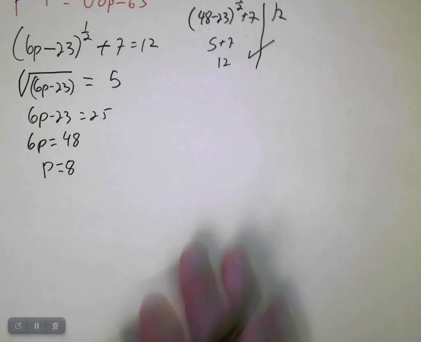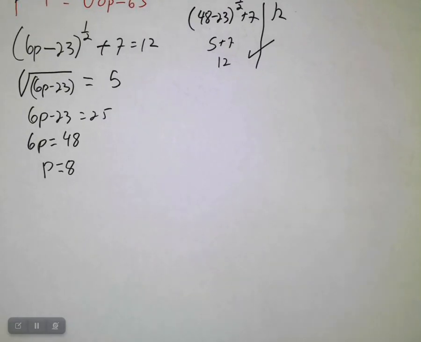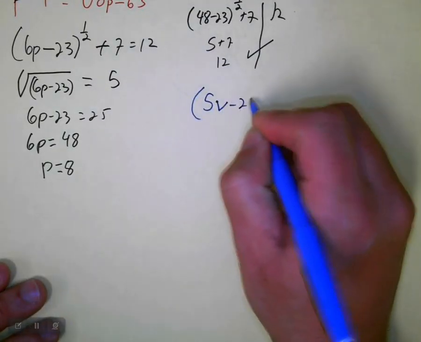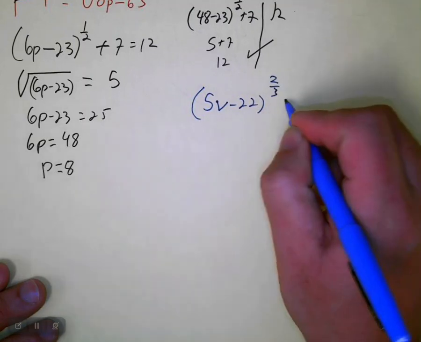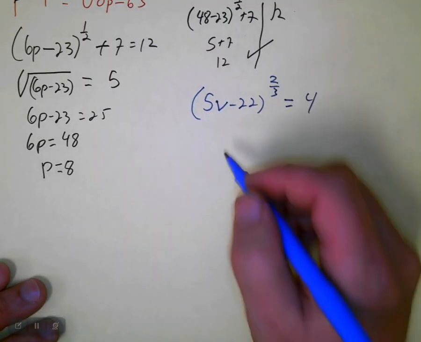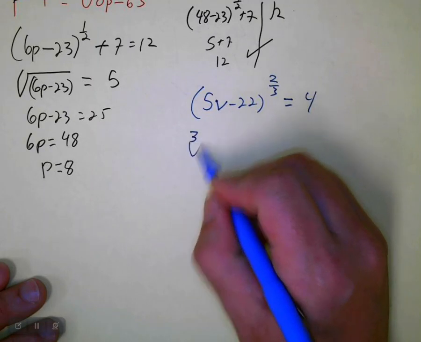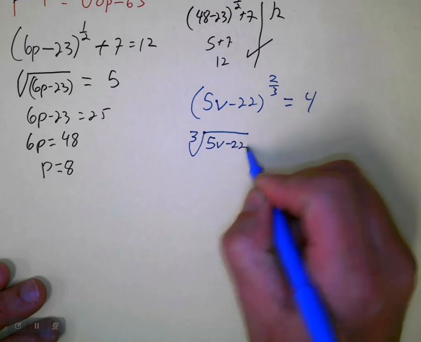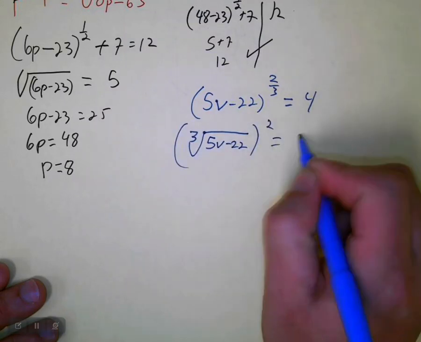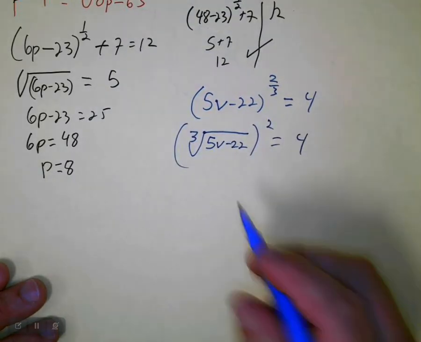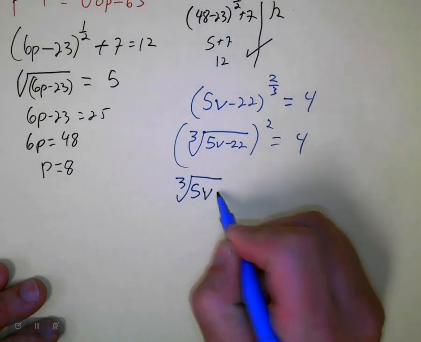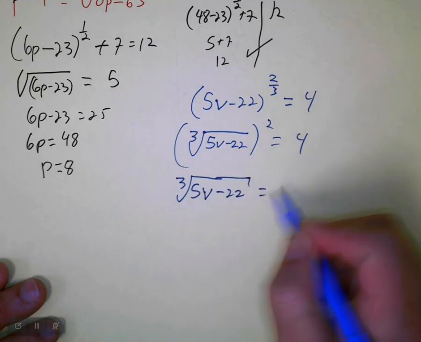Okay. If we look at a different one, I'll use a different color so we can keep track. If we look at this one, 5v minus 22 to the 2/3 power equals 4. So the first thing I'm going to do, I'm going to write this as the cube root of 5v minus 22, that is squared, equals 4, right? So how do you undo something squared? You square root it. So we got the cube root of 5v minus 22 equals plus and minus 2,